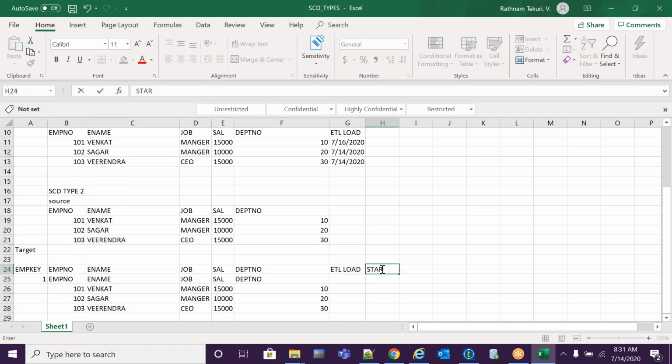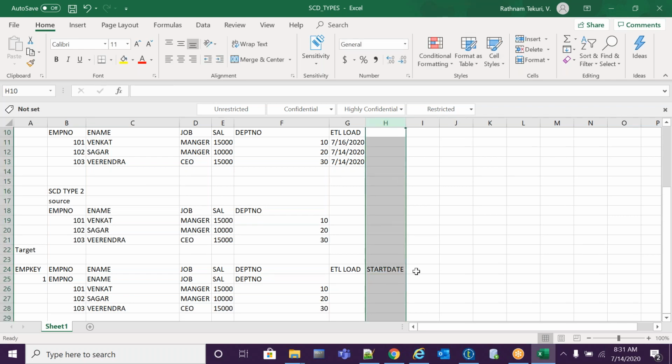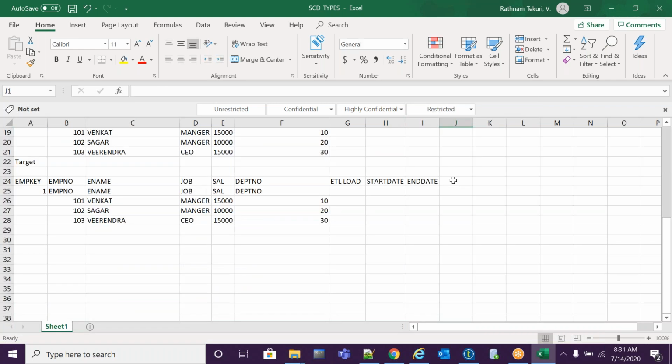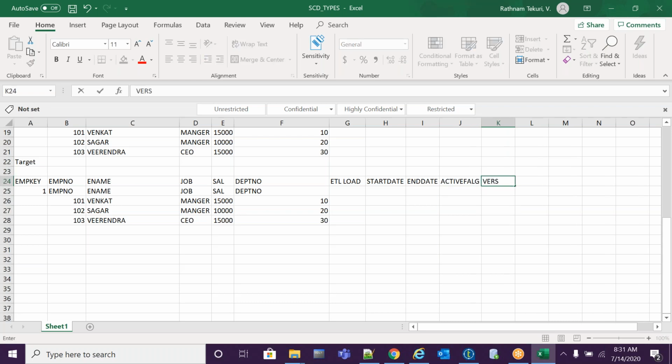Along with the start date, it will generate new columns: end date, active flag, and one more thing, version indicator.